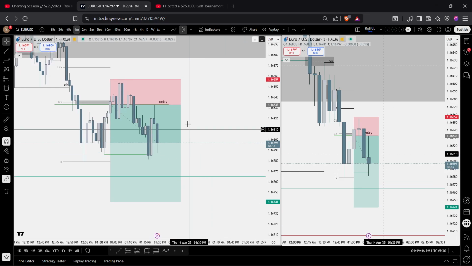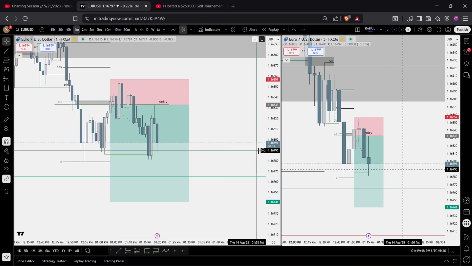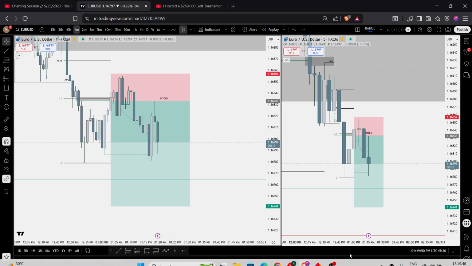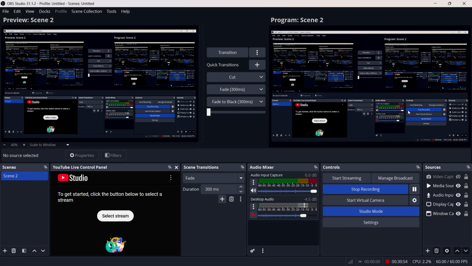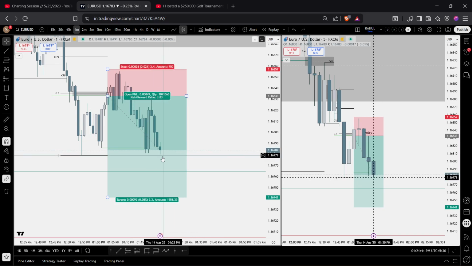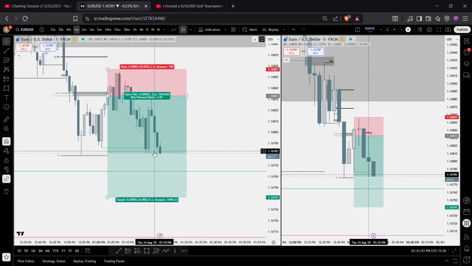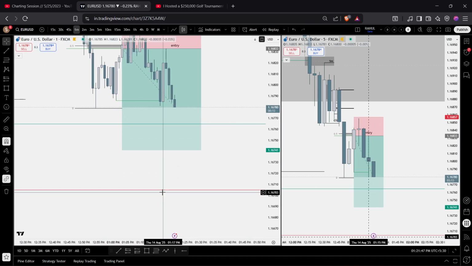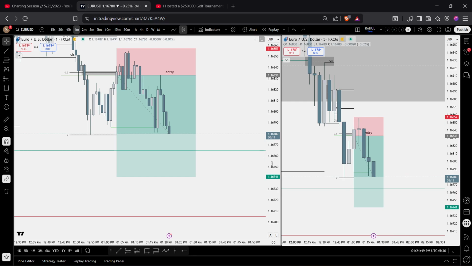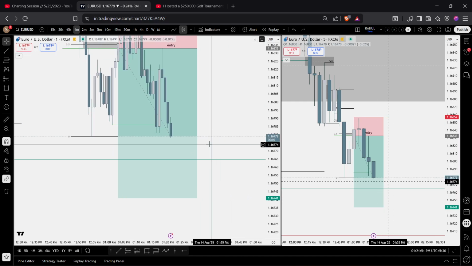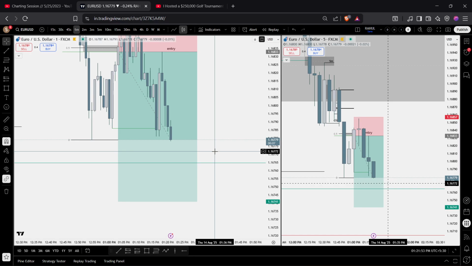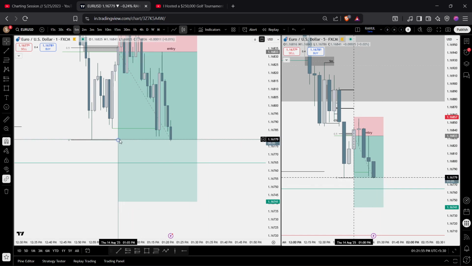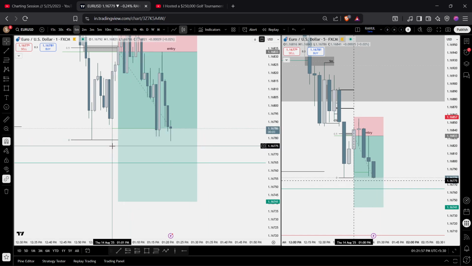So I'll update you as the market works out. The market is consolidating in the same area. We should get a displacement closing this low, which confirms this is the nearest draw. Okay, we did get a sweep again once more. Initially it has swept this low, so I'm going to put my stop loss to break even.